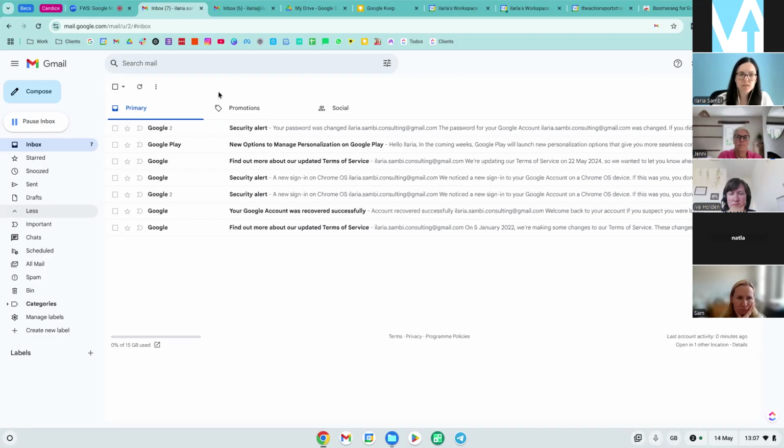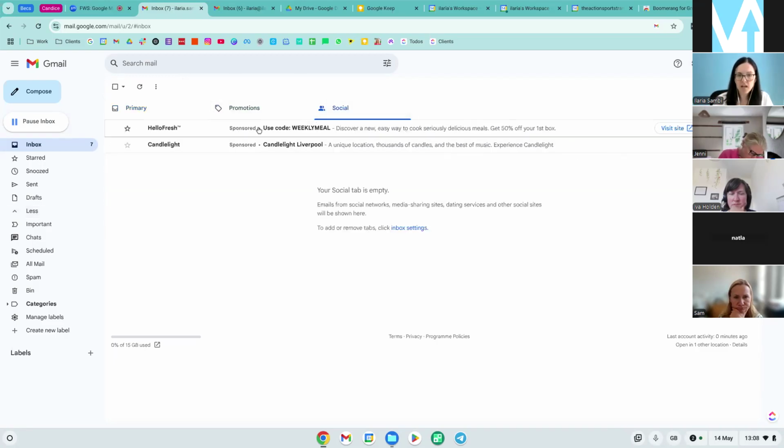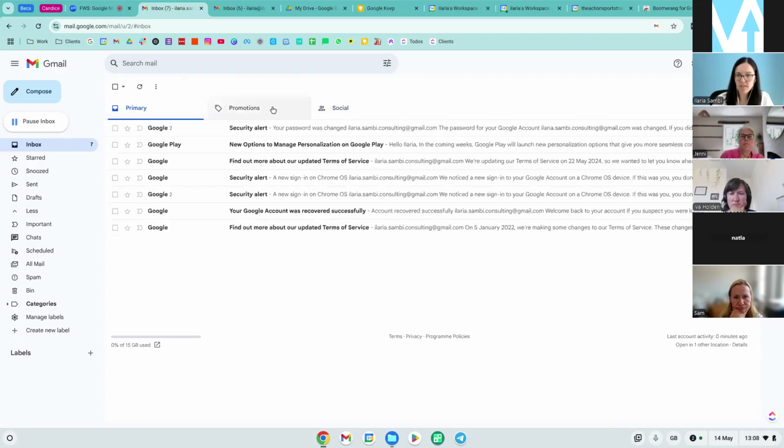You will see a primary inbox, promotion inbox, and social inbox. So the first thing I would tell you to do would be to go in the settings and change this, because you want to have everything in one place. You don't want to have to check 3 different tabs and maybe find an important client email that by mistake ended up in the promotion folder.